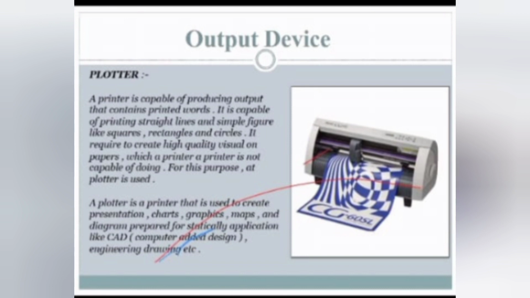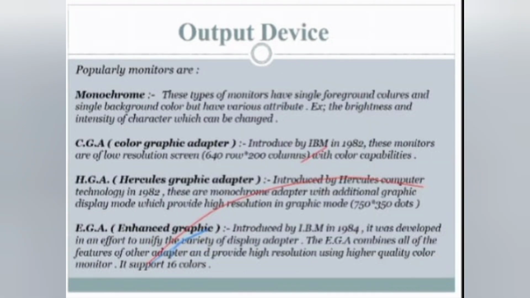Next, in the next slide you can see a few more examples, like monochrome. The best example is Xerox centers, where we have adjustments for brightness and integrity and other things that can be changed. And the next one we have is CGA, that is Color Graphics Adapter. So we can adopt the colors as well for this.